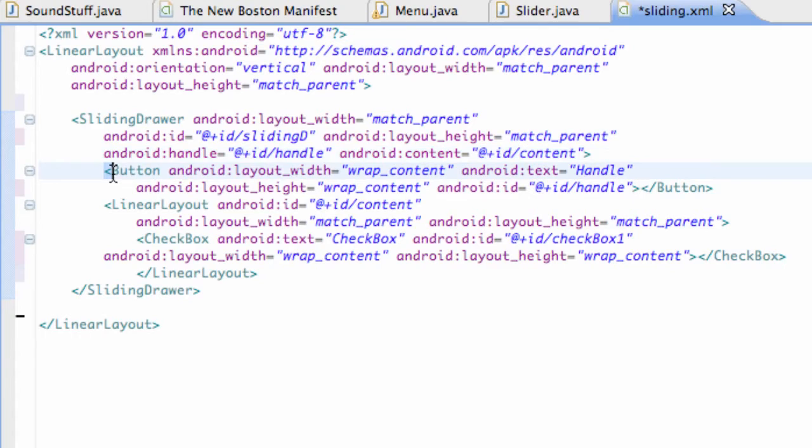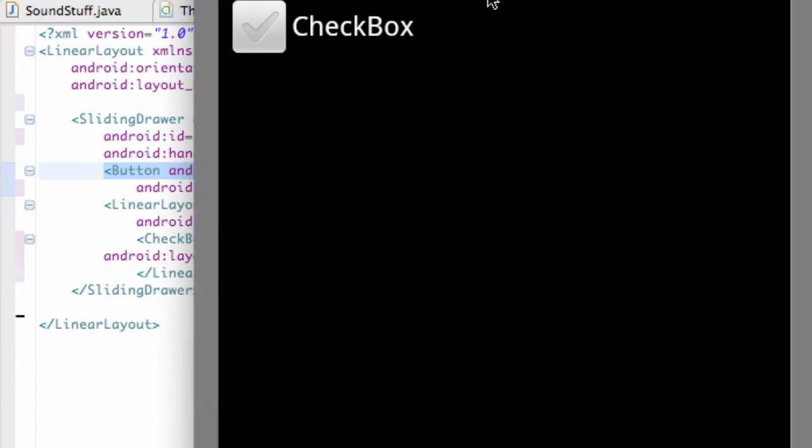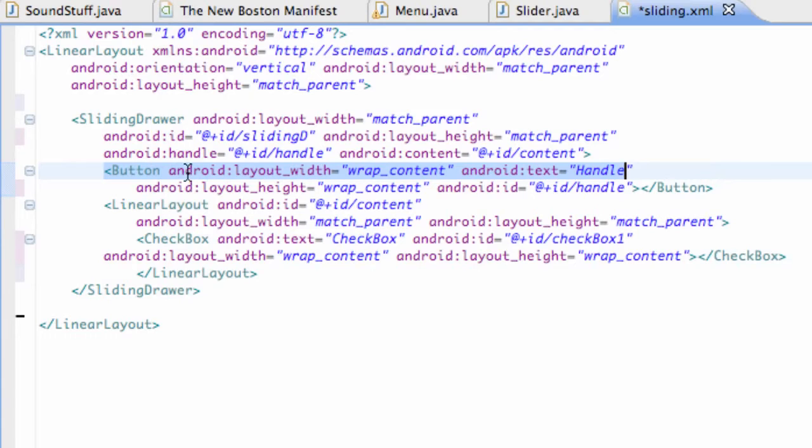And then within the sliding drawer, as you can see, it closes here. Within here we have a button, and that's basically our handle. Just think of a drawer like your dresser drawer. This right here is our handle, this button. So we can pull that handle up and down. That's what this button is, and it just says handle right there as the text. And then the ID, we also establish an ID for the handle as @id/handle. And then the other thing that we do is we say @id/content for a linear layout,